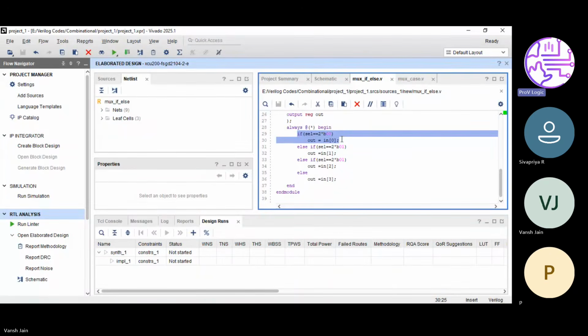So it forms a mux for the if condition and the else part, and another mux for the next case.